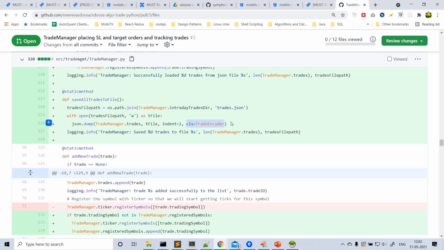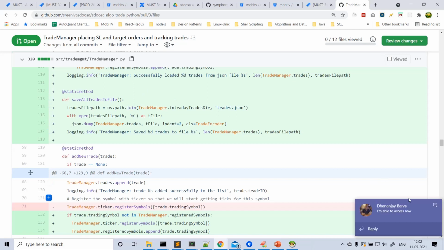If you don't pass this, you will get a serialization exception, because by default any class you write in Python is not serializable, and hence it cannot be written to the JSON format, right? That's why we need to pass this encoder, okay?